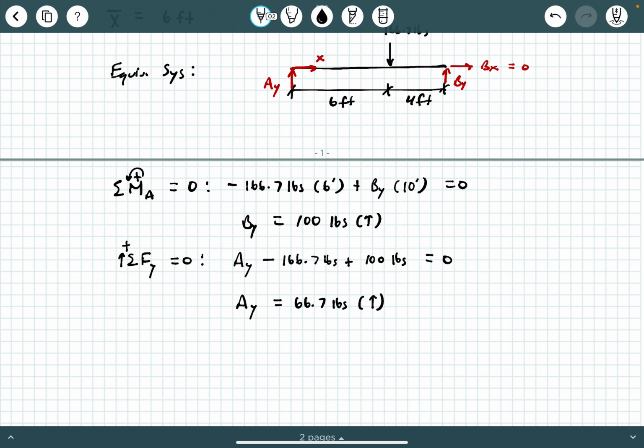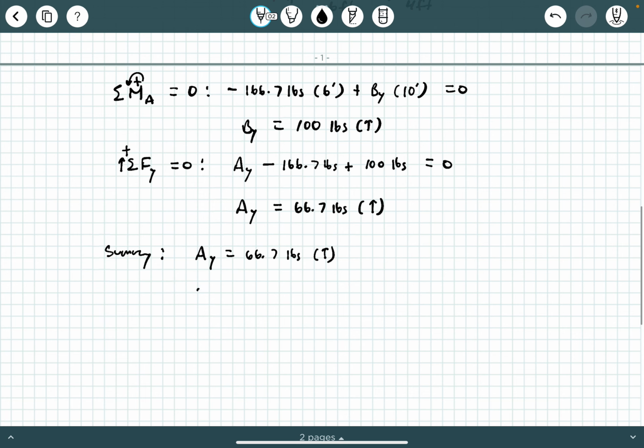So my final solution, if I write the summary here, I'm going to have AY is 66.7 pounds reacting up. BX is 0, and BY is 100 pounds, also reacting up, and that's what I would box in as my